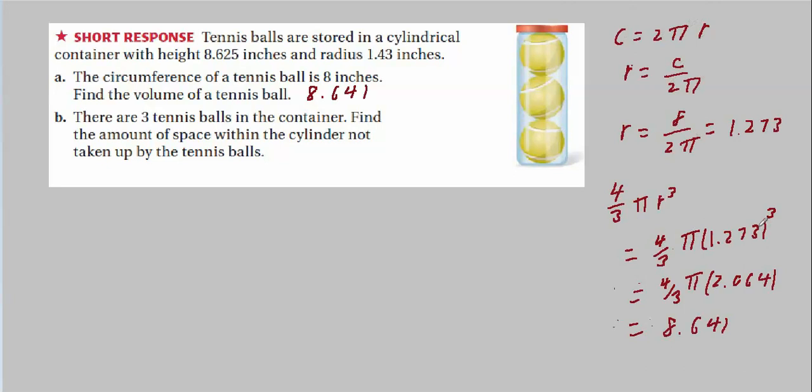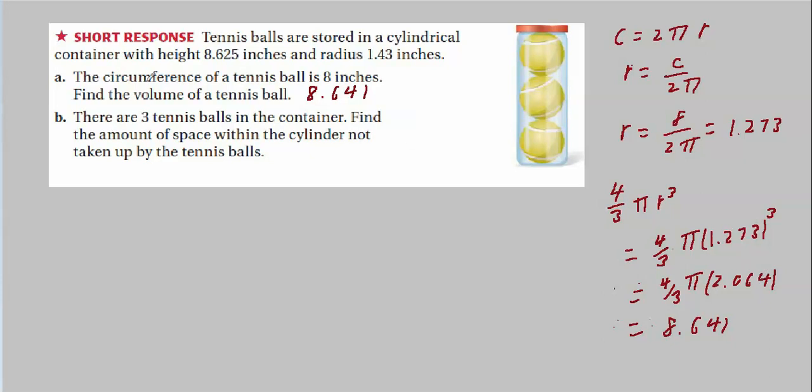I get about 2.064 for r cubed, and this works out to 8.641. And of course, when there are pi's and numbers that have been rounded off that are cubed, cubing a number that's been rounded off, whatever the round off error is, it gets magnified, of course. So you may have come up with slightly different answers in the hundredths column, depending on whether you used the pi button and whether you carried this through or rewrote it this way.